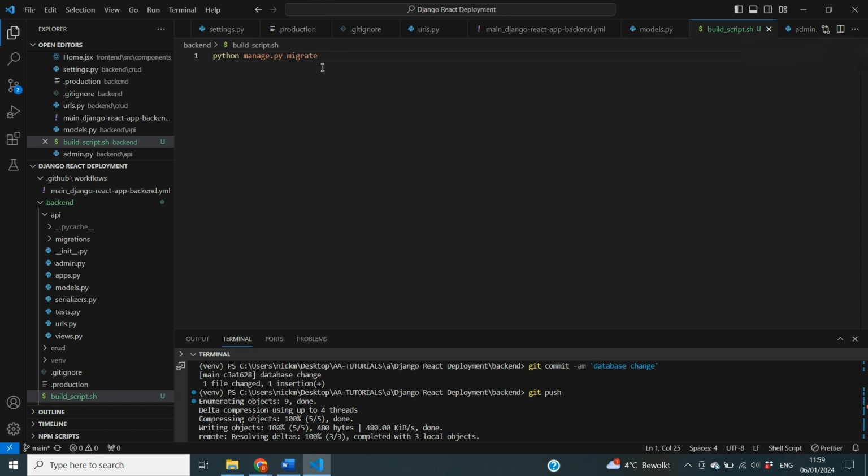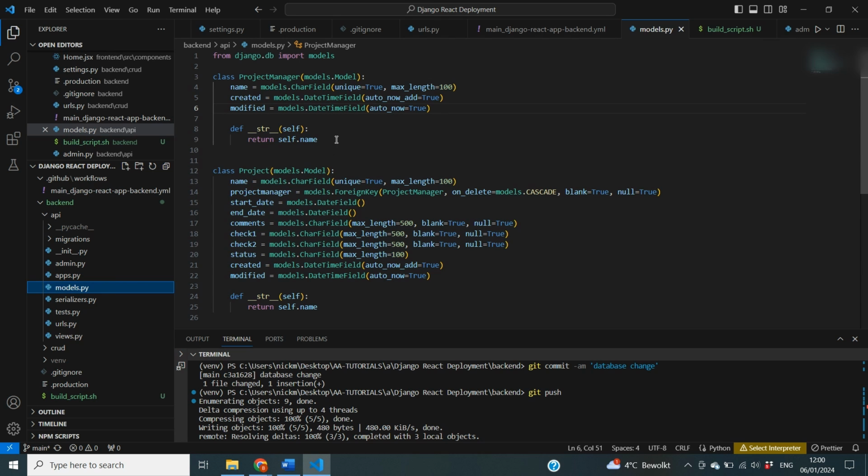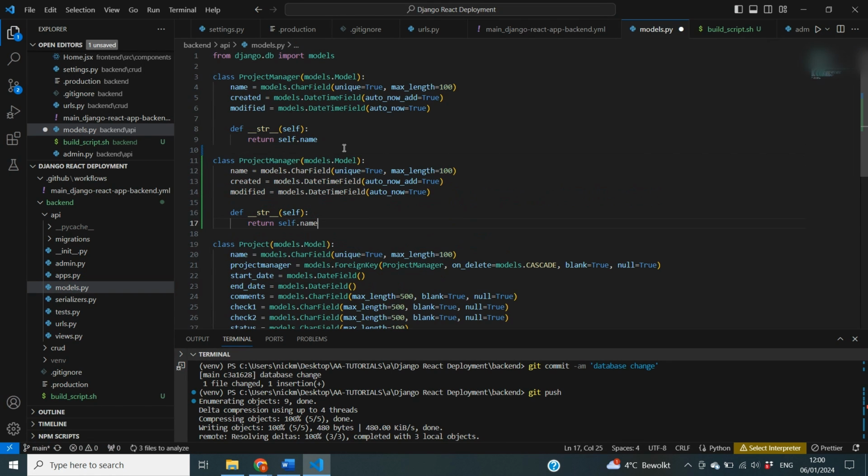And of course, I want to make sure that the model is actually created after I run this deployment again. So I'm going to make a small change to our models as well. And for the sake of this video, I'm just going to create an entirely new model called test model. But if you don't want to do that, you can also just add an additional field to your existing models just to check whether it works. So I'm going to save this new